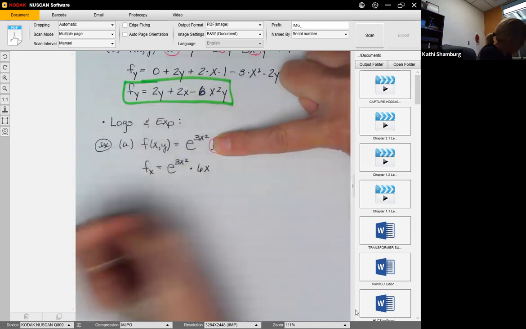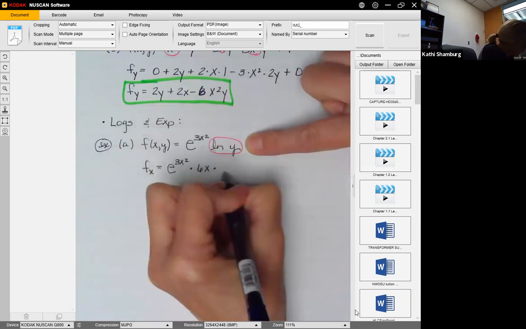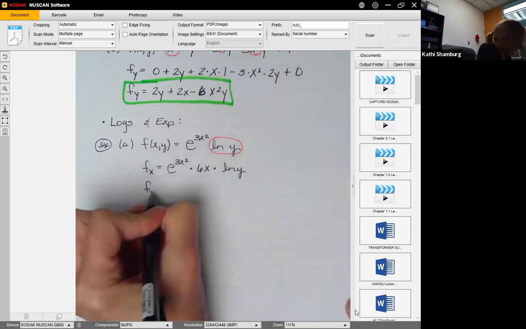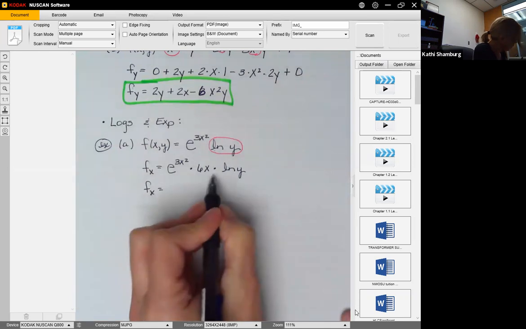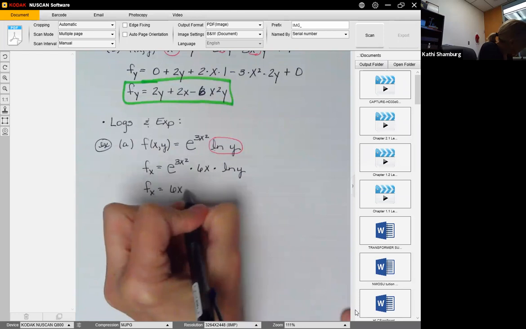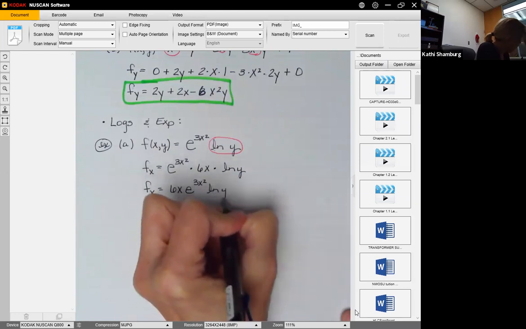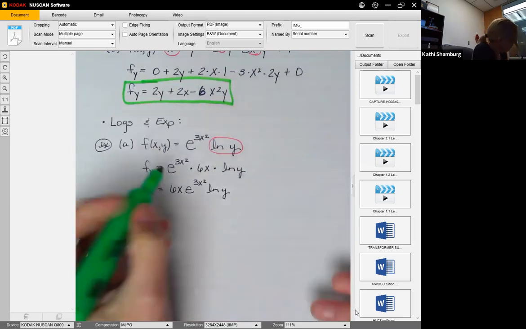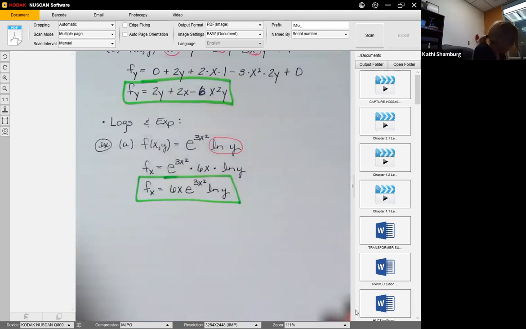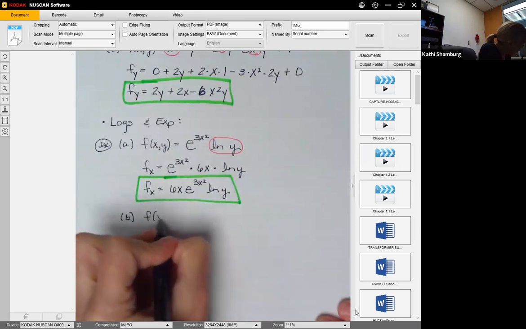So we get 6x times, we treat this as a constant multiple. So we just rewrite it as the natural log of y. If I'm going to clean that up, I'm going to put 6x in the front. So we have 6x e to the 3x squared natural log of y. So this is the first derivative with respect to x. Now we're going to take that same original function